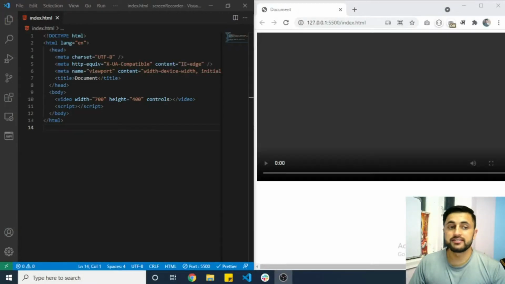So today we'll see how we can create a screen recorder using JavaScript. We'll write less than 10 lines of code using pure vanilla JavaScript, and yeah, we can get